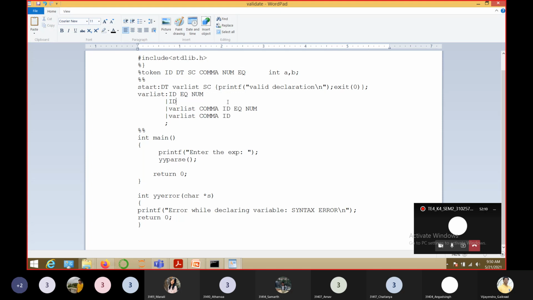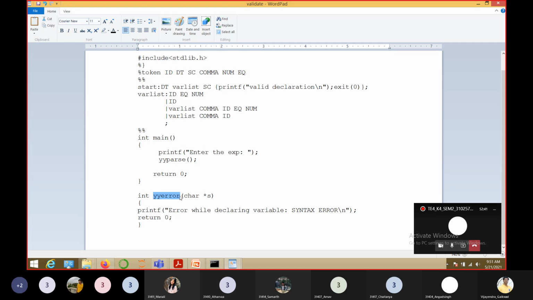So we have defined all the rules, and then it is going to print whether it is a valid declaration or not. But if the expression that we send as input does not follow any of these rules, then the yyerror function is going to get executed.